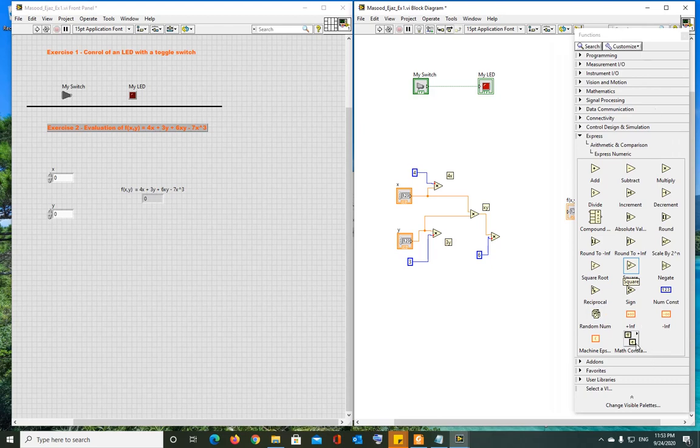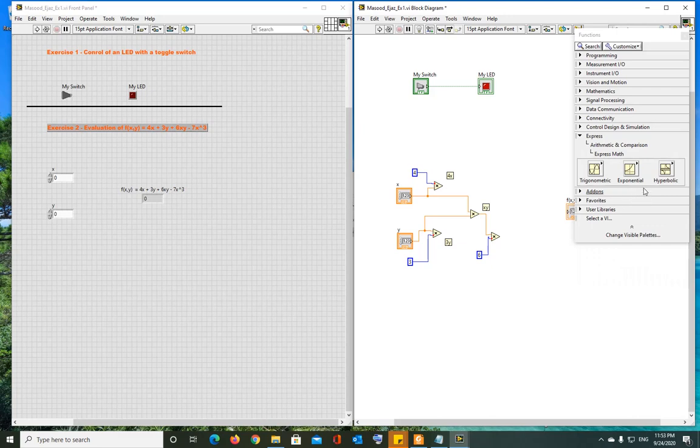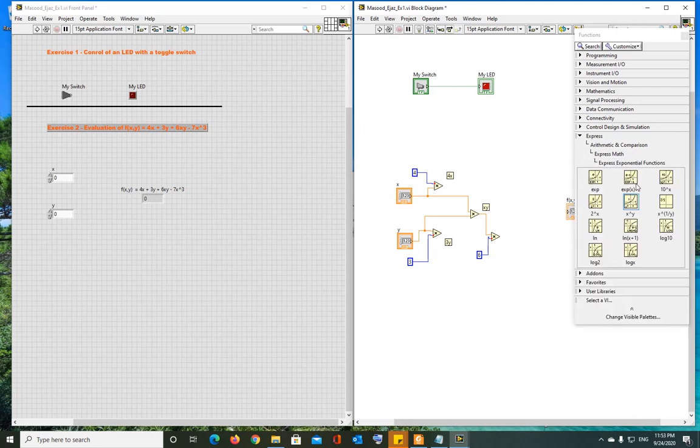All right. Now, there is a square over here. Remember, if you need a square only, not cube, you can use this square function. Now, to use a cube function, let's go back and go to mathematic exponential. And in exponential, you can see x to the power y. This can be used for any power of x. So if I put it right here,